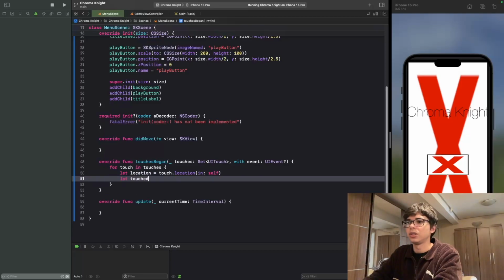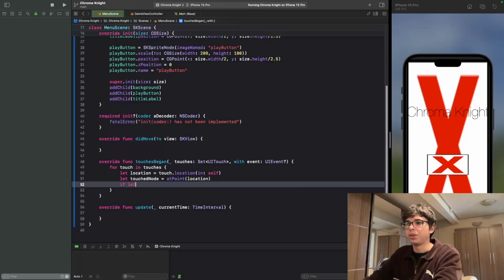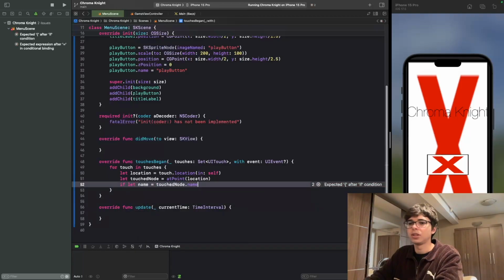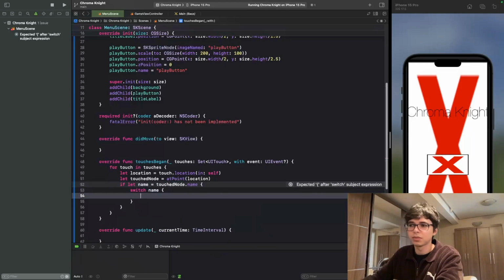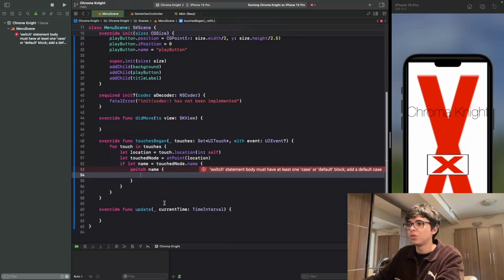Let touch node equals atPoint. This function, it's gonna give the node that is located at the point of the touch. And we can go with let name equals touch node.name,